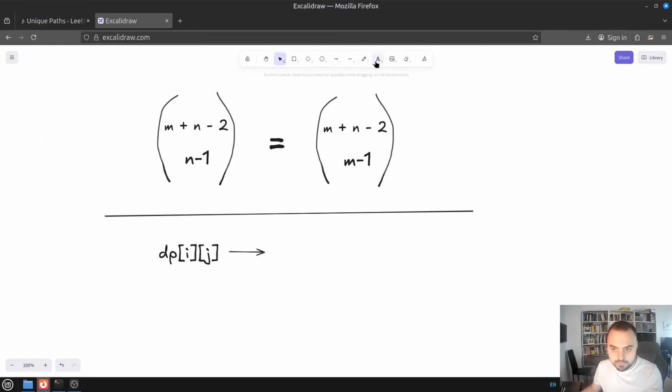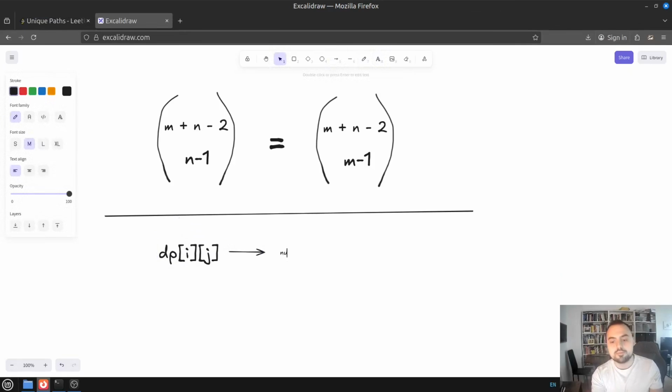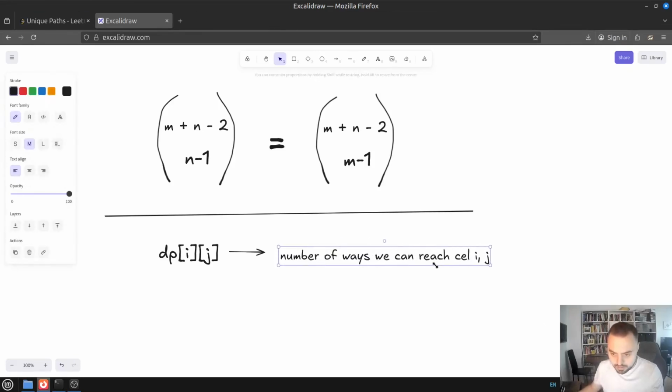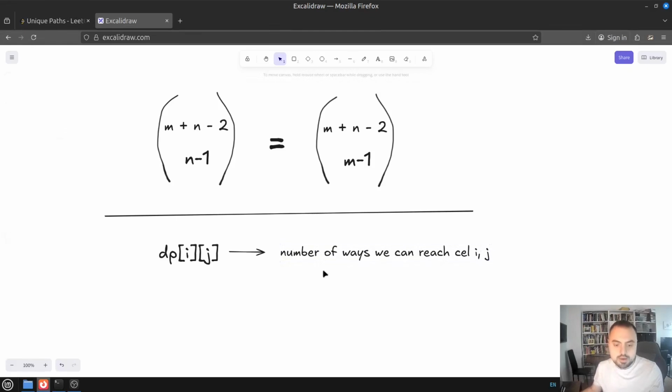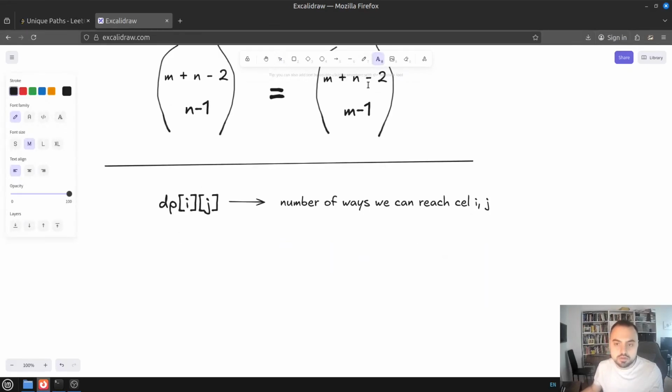So this is the number of ways we can reach cell I/J, where I is the row and J is the column. And then how do we start filling this up? So first of all, dp on row 0, and for any column J will always be equal to 1, and same